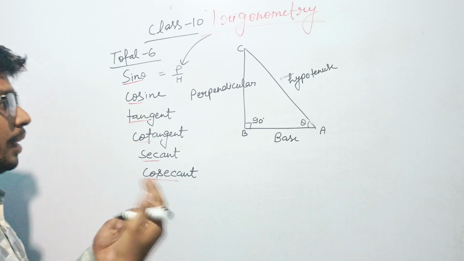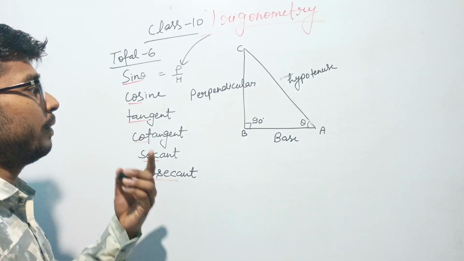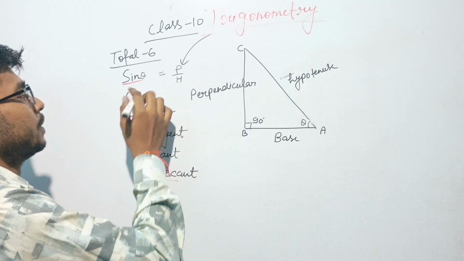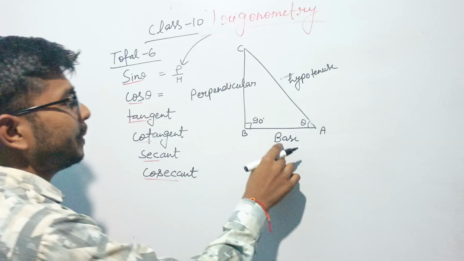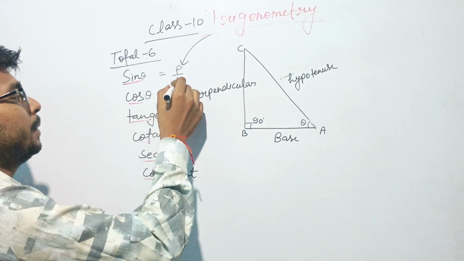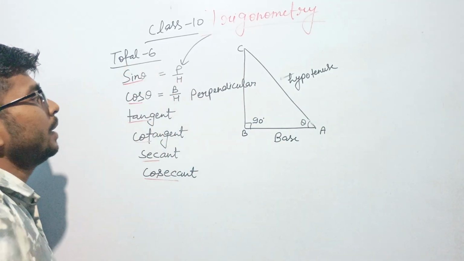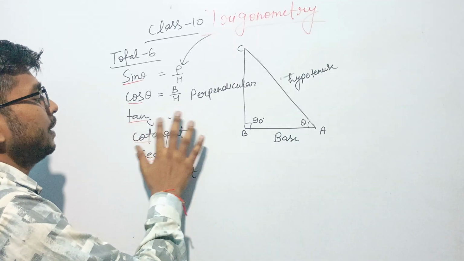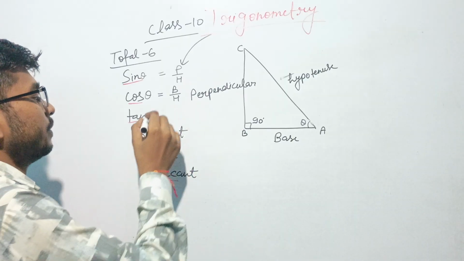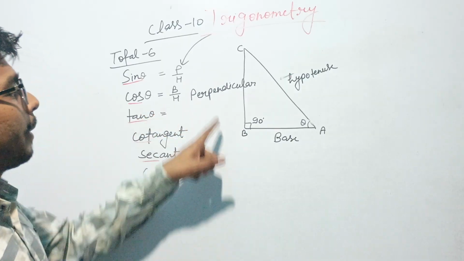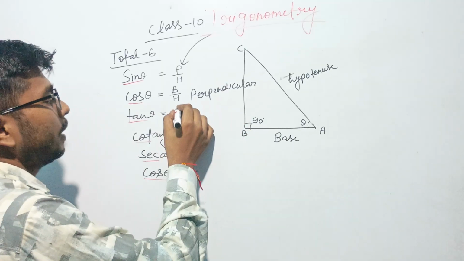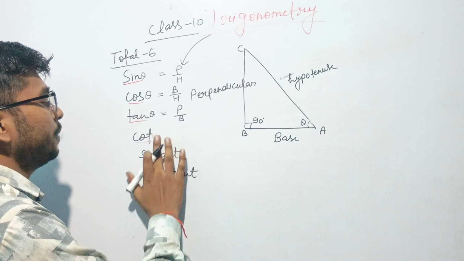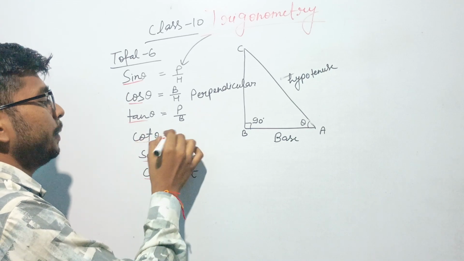Then we will take some values, and then we will try to find the answer of others. So first understand cos theta. Cos theta is base upon hypotenuse, so it will be B upon H. Then third one is tangent. I am writing only the main letters, tan theta. So tan theta is perpendicular upon base. Then cotangent short form is cot. So cot theta will be,